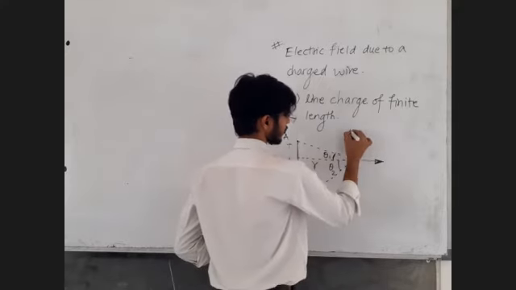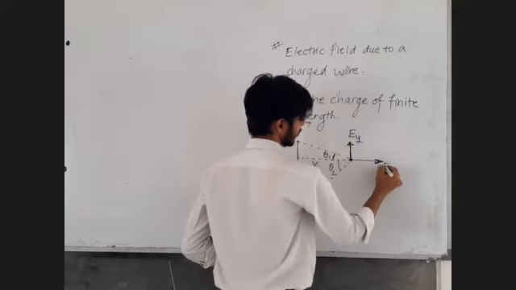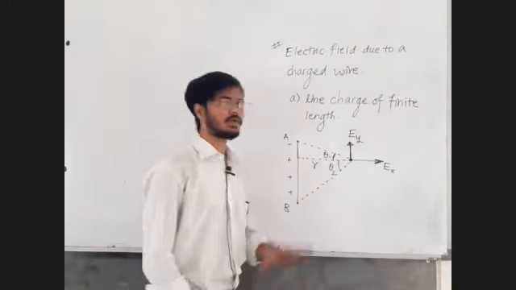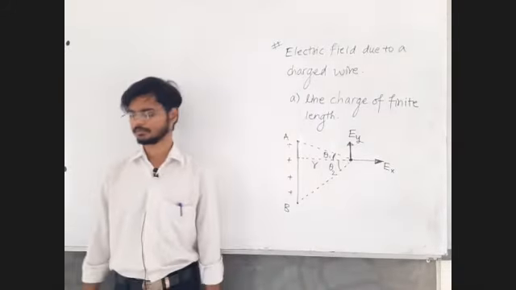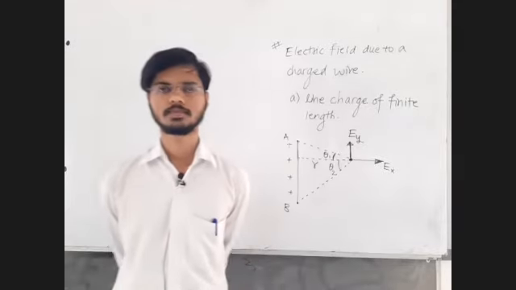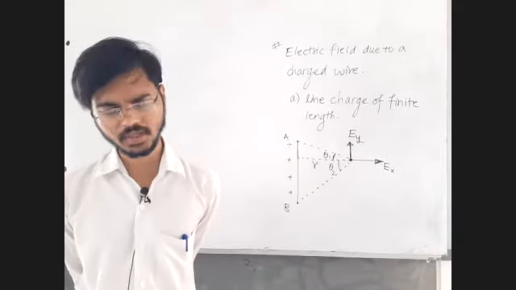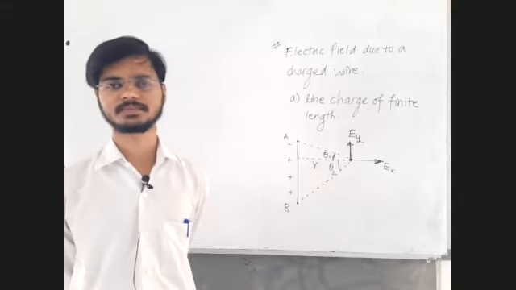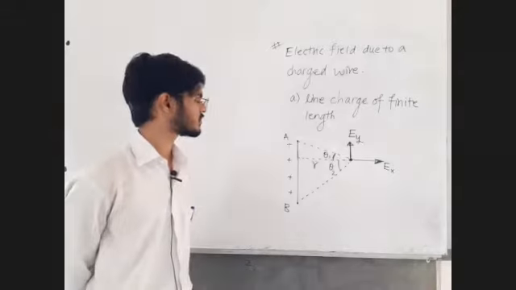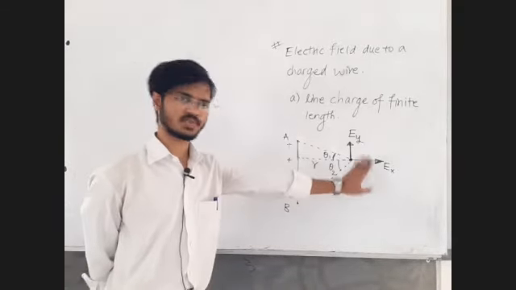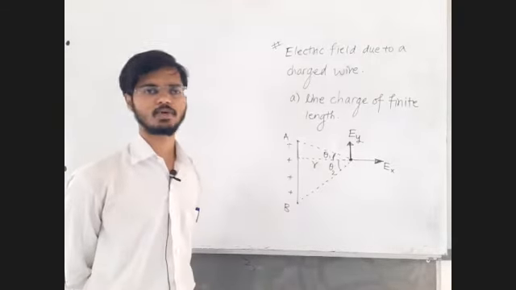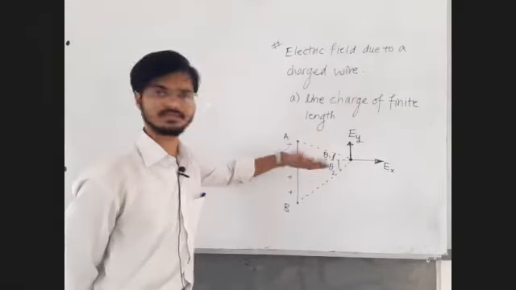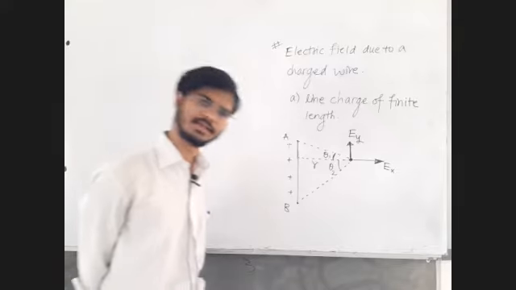First of all, try to understand this y component and x component. Reply in the chat box: do you agree that there will be two components of electric field, yes or no? Next step, we are going to write the equation. Third step, apply the equation. First agree that there will be horizontal as well as vertical components of electric field, because vertical components are not going to cancel, since there is no perfect horizontal symmetry. They will remain there.